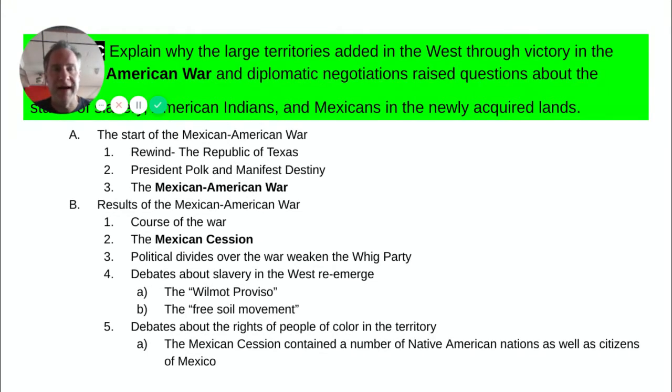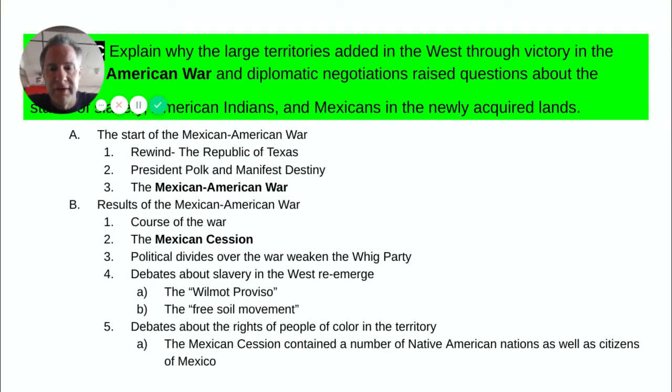So when Mexico fired on American troops on the Rio Grande, they said that they were defending their territory. We said it was an unprovoked attack on the United States, and that was all that President Polk needed to push a Democratic majority in Congress to war. The course of the war itself was pretty quick. The United States crosses the northern border. We enter the city of Veracruz on the Gulf of Mexico and take Mexico City, and we also take California.